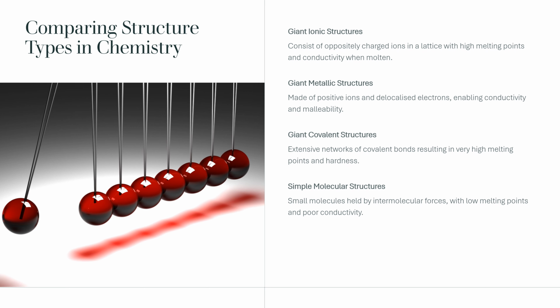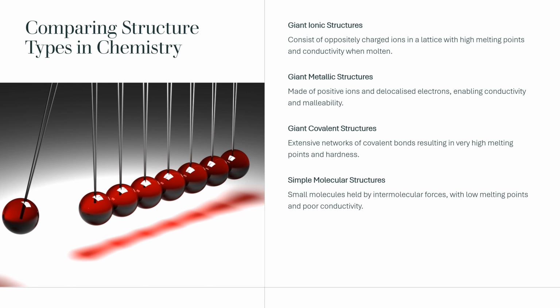Giant metallic structures consist of positive ions and delocalized electrons, leading to conductivity and malleability. Giant covalent structures, such as diamond and silicon dioxide, contain extensive networks of covalent bonds, resulting in very high melting points and hardness. Simple molecular substances consist of small molecules held together by intermolecular forces, giving low melting points and